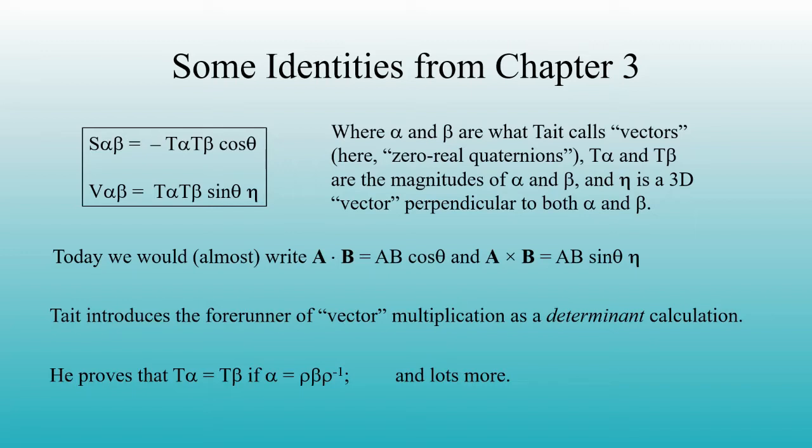Vectors a and b lie along real axes, while the quaternions alpha and beta lie along imaginary axes, and Tait's theta is defined somewhere in 4-space. Okay, but you can see the significance. Later, Tait introduces the evaluation technique for multiplication of two zero real quaternions in terms of taking the determinant of a 3x3 matrix, not a 4x4, but a 3x3. He also demonstrates the ability to execute a pure rotation without scaling via multiplication of the target object, something I dedicated an entire episode to earlier in this series.